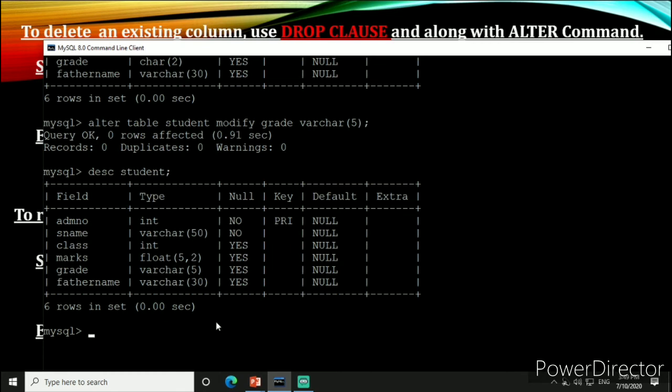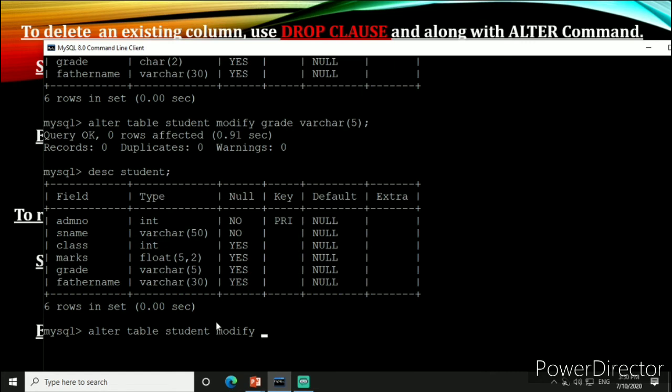We can also modify its constraint. So alter table name. The name of the table is student, then modify, we want to add default marks 10.